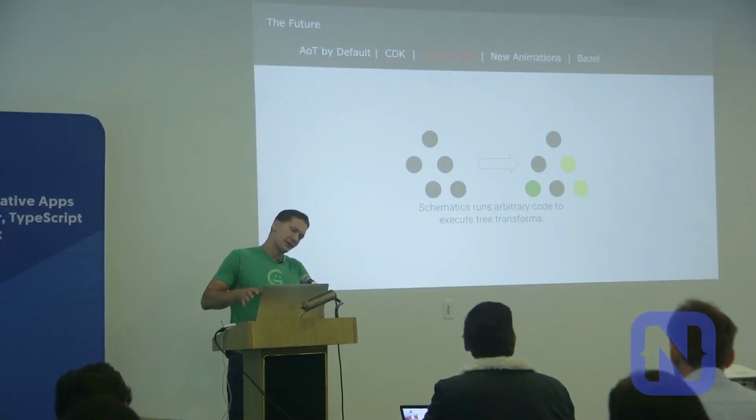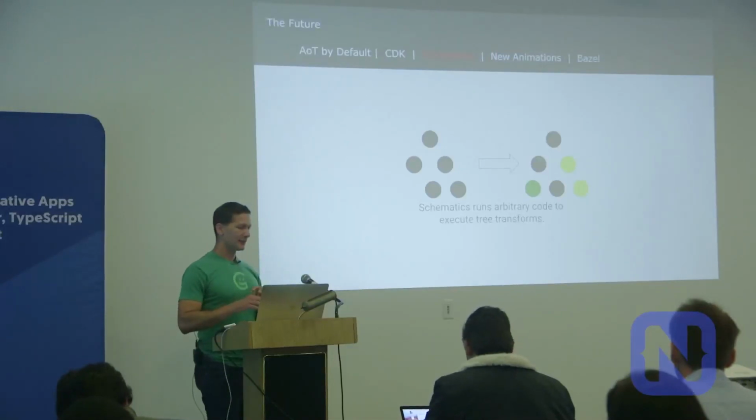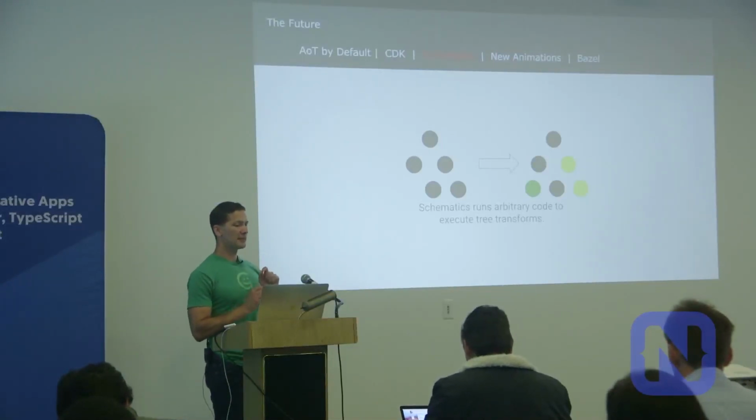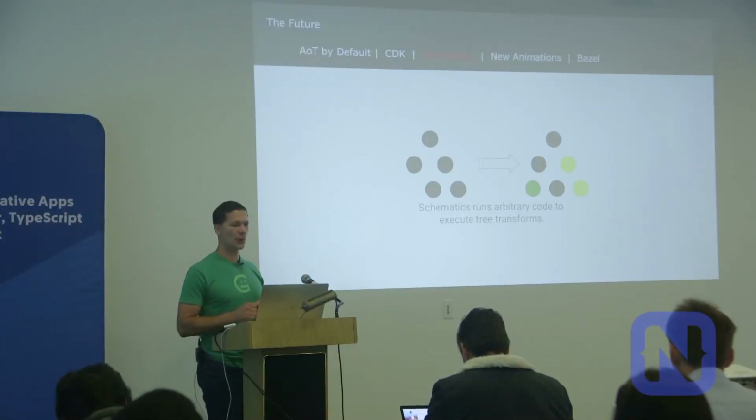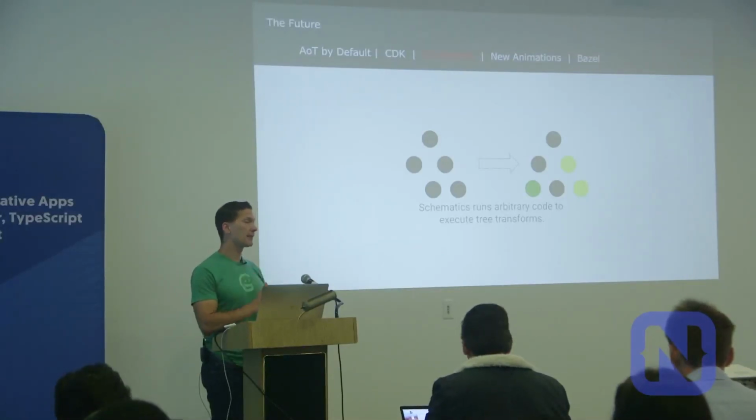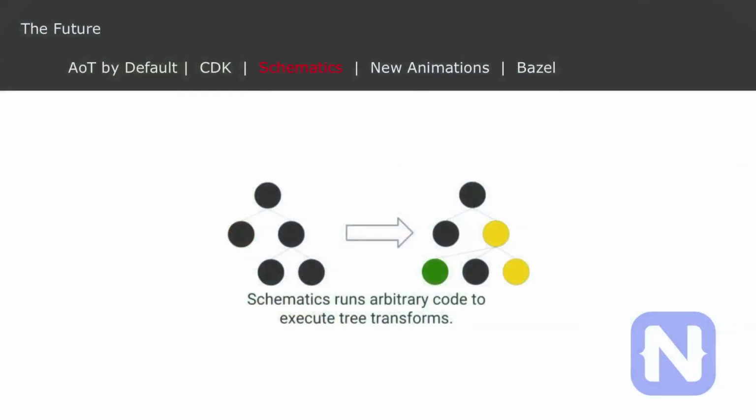And this itself, I'm not going to get too much into explaining all of how it works. The main gist here is that this in itself is like, whatever. It's not going to help you tomorrow. But because this exists, you're going to see an explosion in the capabilities of the CLI, because this opens up the doors for everybody else who wants to enhance the Angular CLI with different variations and additional capabilities. For example, one thing that they talked about on the Nativescript side is being able to more closely integrate the two. And this makes it a lot easier.